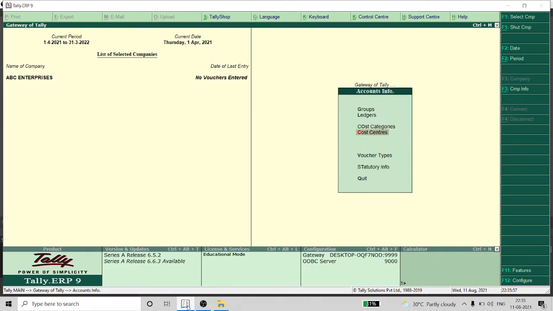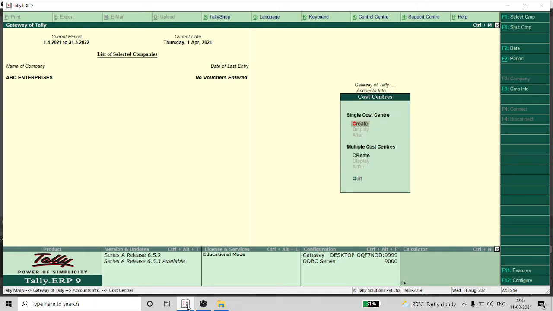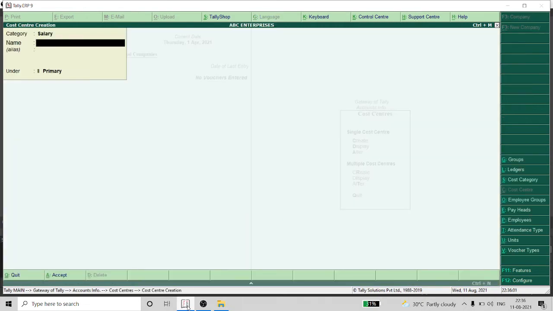Now we will create the cost centers. The category is what? Salary.